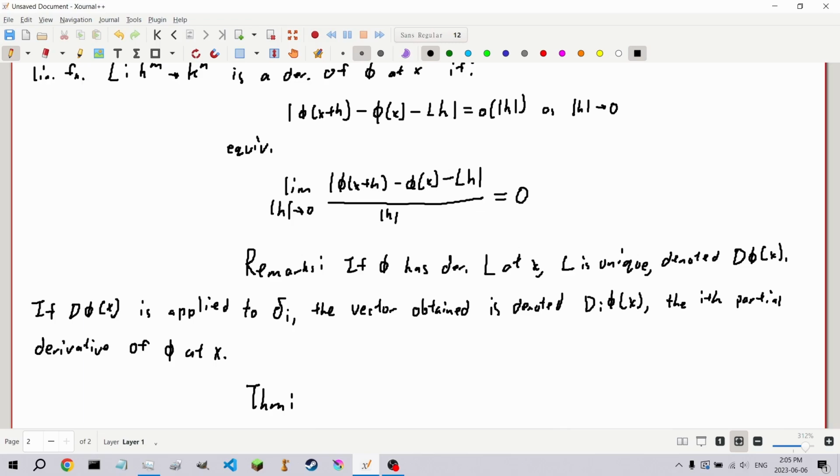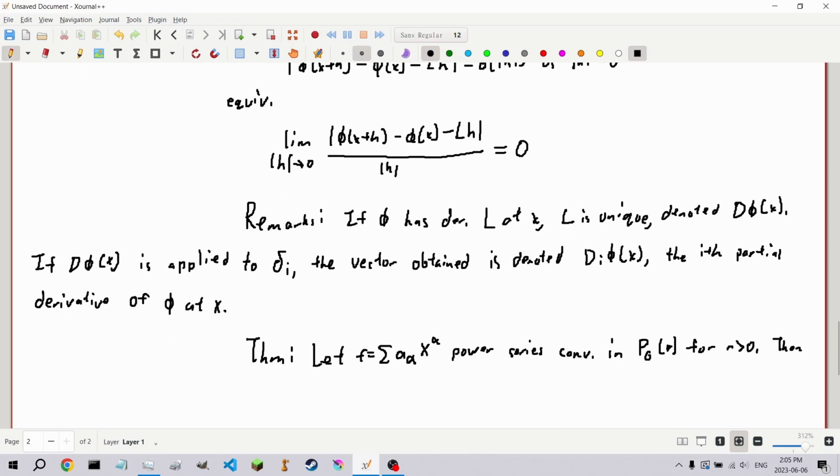So let's look now at a theorem they give us, which states: we have f, a power series, convergent in the polydisk of radius r, for positive radius. Then f is differentiable at each x in the open polydisk, in the strict polydisk of radius r,